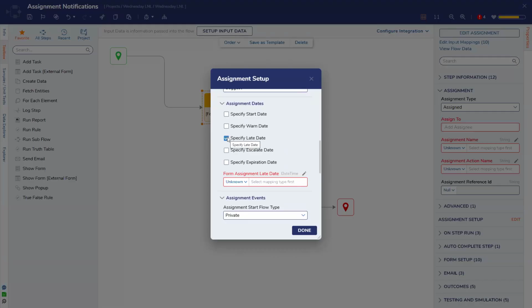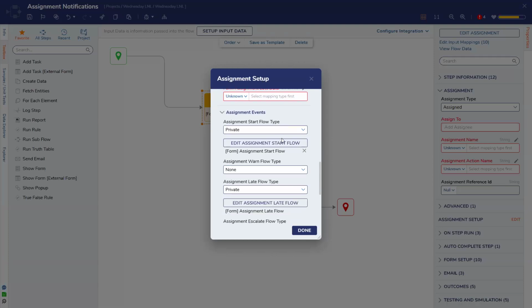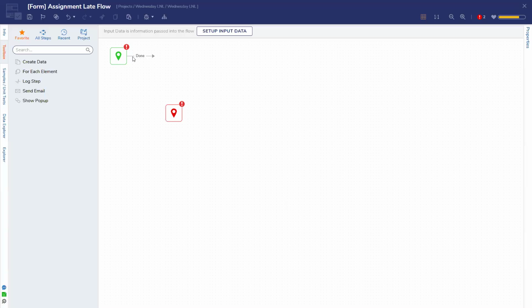And so their ask is, we get that notification, but then a lot of people will claim, I don't know where the email went or whatever. So we'd like to send that notification again and again and again, once every day, until they do the approval. So I thought, okay, maybe I'll have to utilize a late flow or a late date flow that actually updates the late date. So one way would be to do that late date flow right there. You run that, and then this would be your notification when it hits that late date. It would alter the late date inside of the entity assignment table itself,